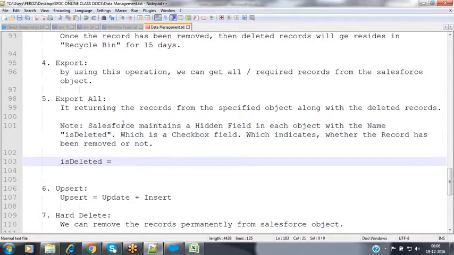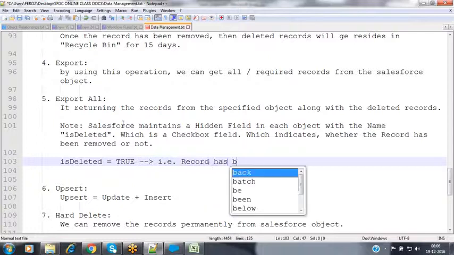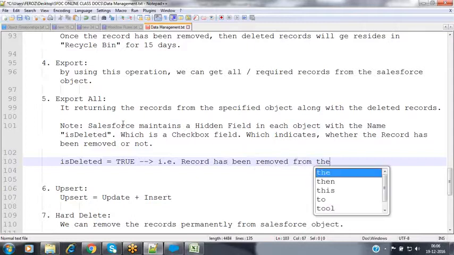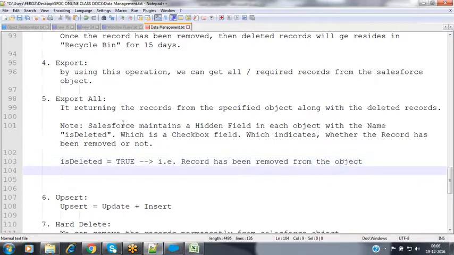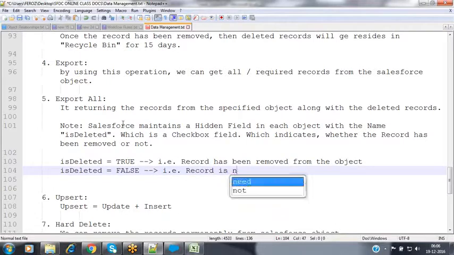IsDeleted equals true means it describes the record has been removed from the object. IsDeleted equals false means the record is not yet deleted from the object.